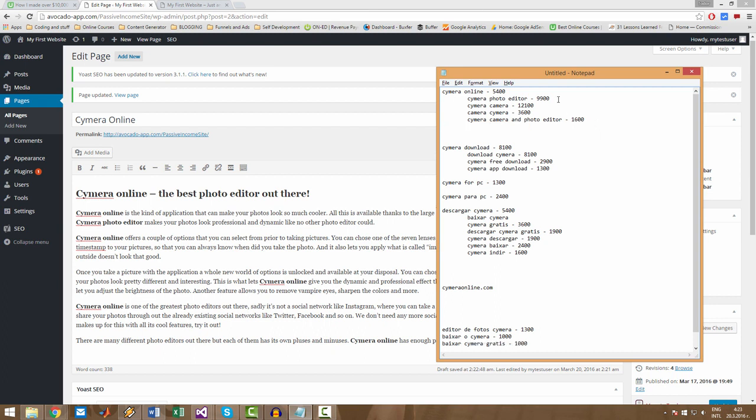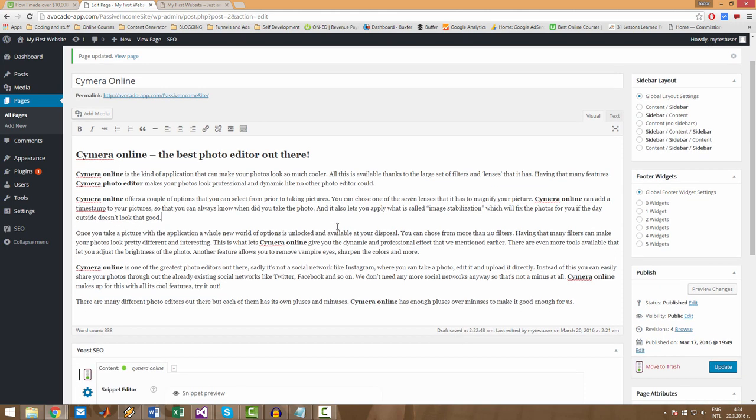So we have to use Simera Camera somewhere, which will account for both of these keywords, and we may combine Simera Camera with Simera Camera and Photo Editor. So these all will go in a single keyword. So let's do it. For example, here, Simera Camera and Photo Editor,